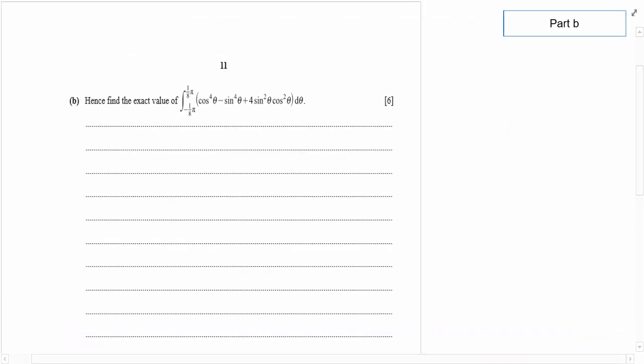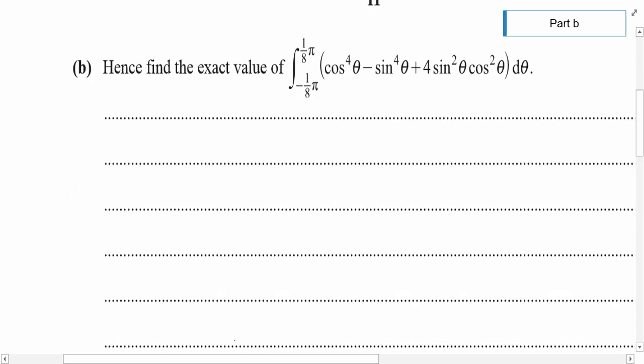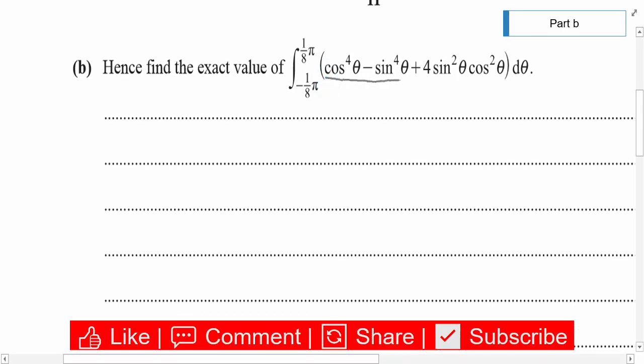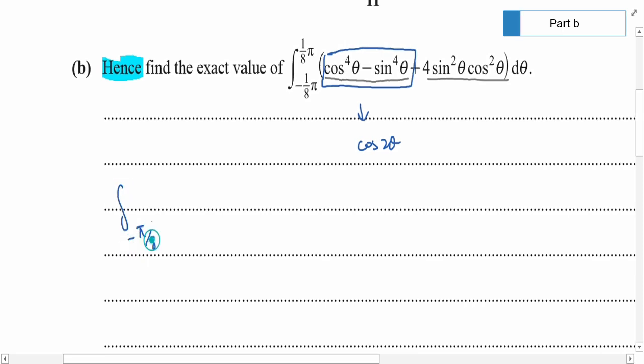Moving to part B, we are given the definite integral with limits from minus pi by 8 to plus pi by 8, and we have cos to the power of 4 theta minus sine to the power of 4 theta plus sine square theta cos square theta. You can notice we have been given a hint. So what we can do is use the answer of our previous part and straight away write cos 2 theta instead of it. So our integral would become from negative pi by 8 to pi by 8 of cos 2 theta plus